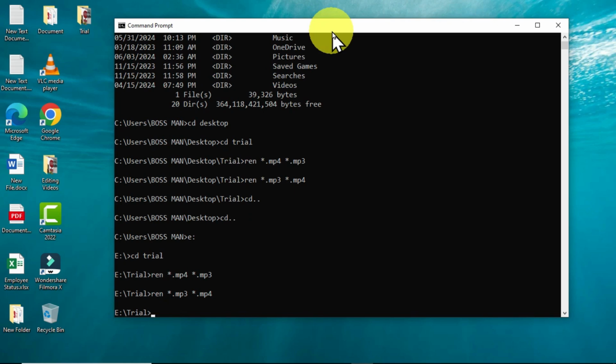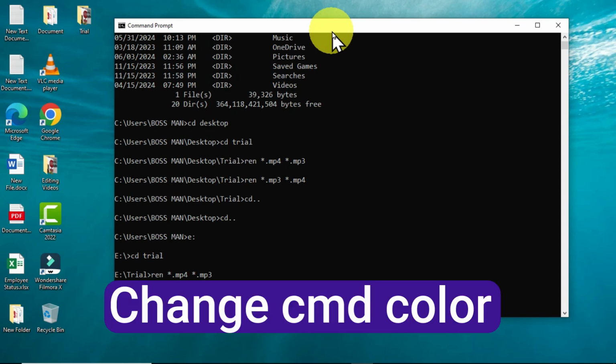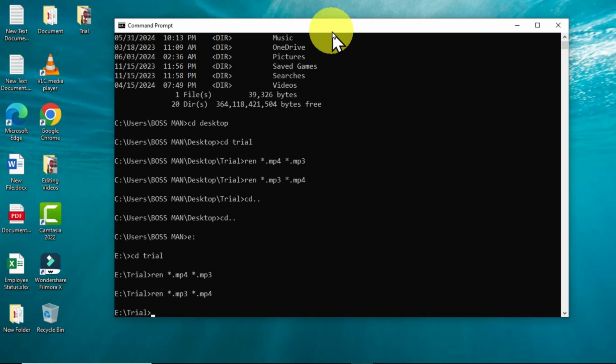Now in this particular command prompt window, you can see that we have a background of black color, and also we have the foreground of white color, which is the font color given to our text. Now this is the default color for the foreground and also the background whenever you open command prompt on your desktop. How can you change the color of your text and also the background? When I type color 06,